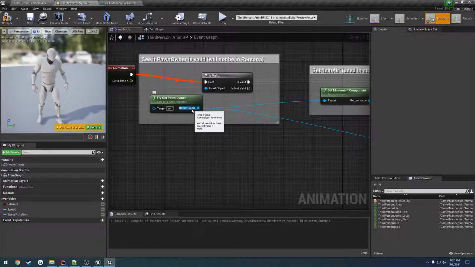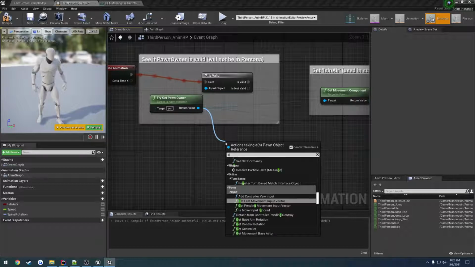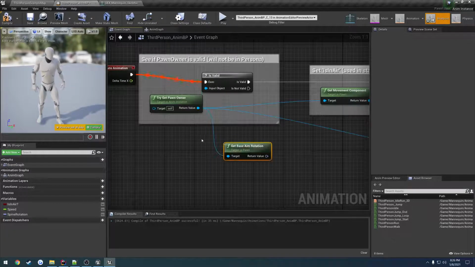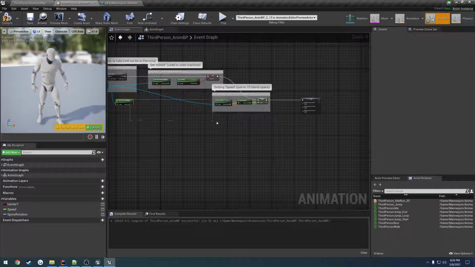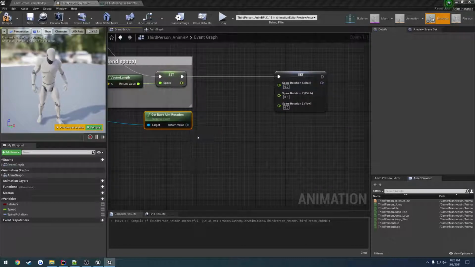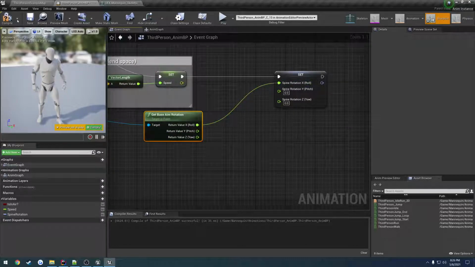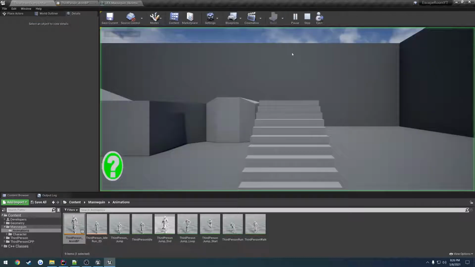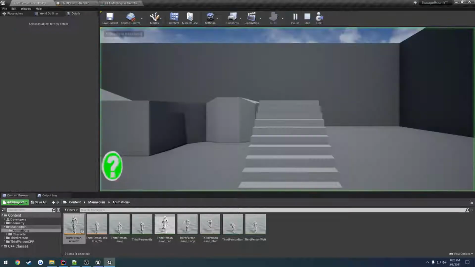Here we have Get Pawn Owner. It returns a pawn. Can we get it off of here? Yes, we can. Off of our pawn owner, we can get our Base Aim Rotation. Let's drag this way down, split it, connect roll to roll, and just see what happens. Okay, so now we look down, look up, and as you can tell,